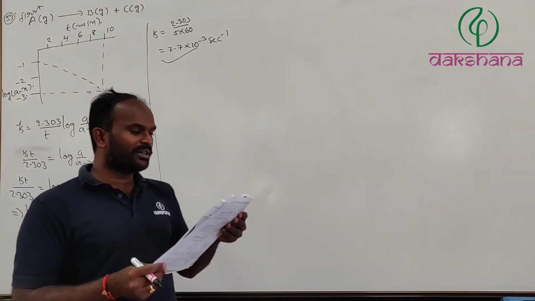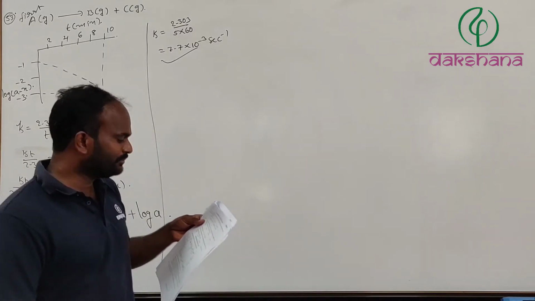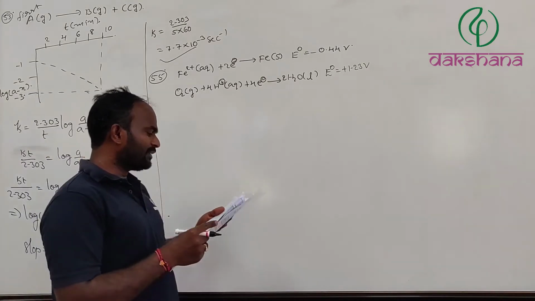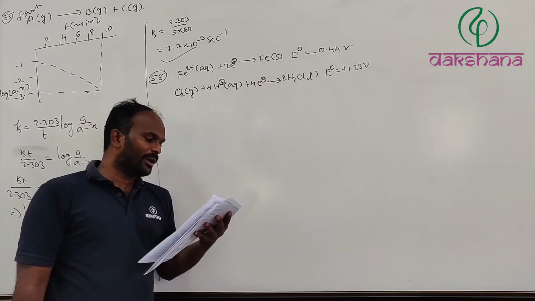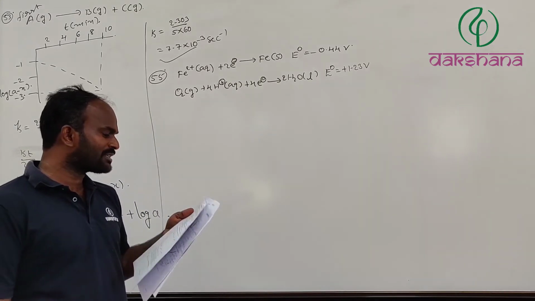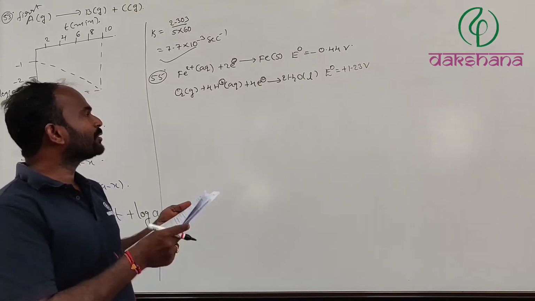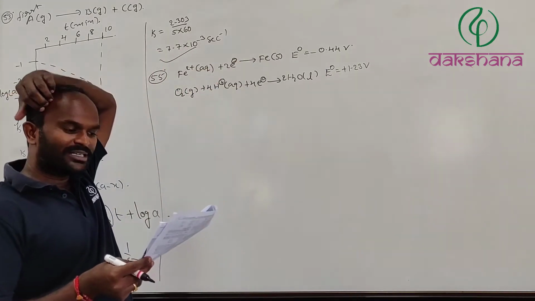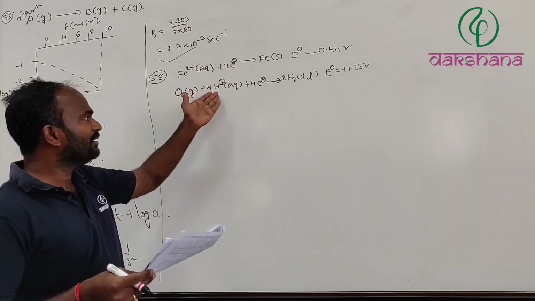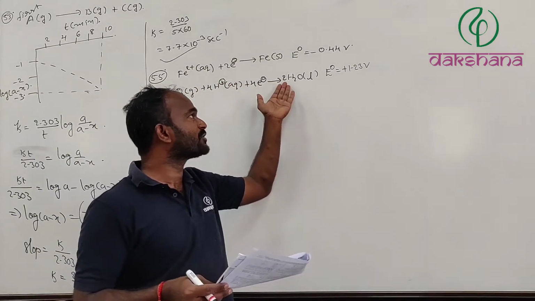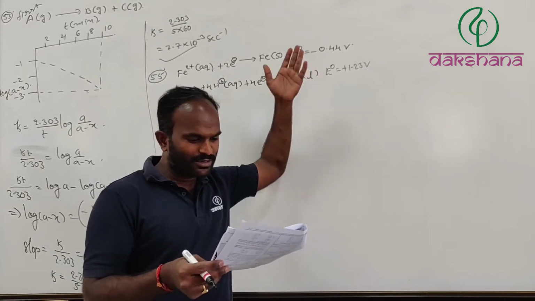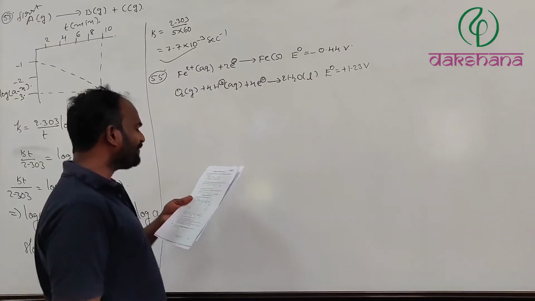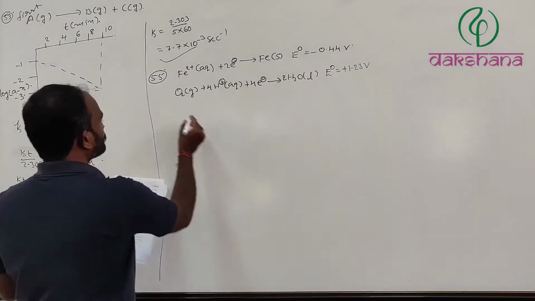Next, when we move to question number 55, given that the corrosion of iron is an electrochemical process that involves the standard reduction potentials given here at 25 degrees Celsius. So the reactions are right over here. Fe²⁺ + 2e⁻ gives rise to Fe, and its SRP value is given, and O2 + 4H⁺ + 4e⁻ gives rise to 2H2O. Its SRP value is also given, and the question is the voltage if the reaction occurs at pH equal to 4.